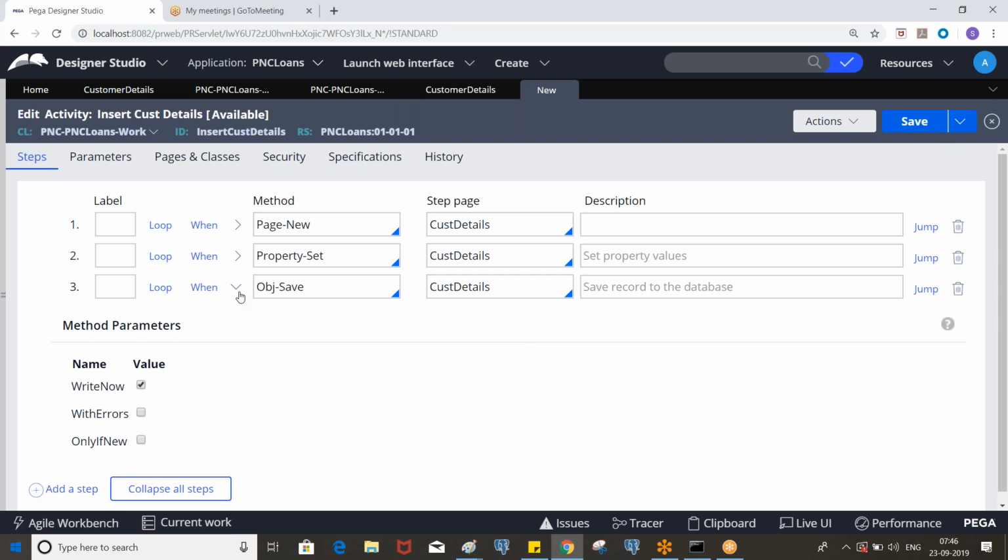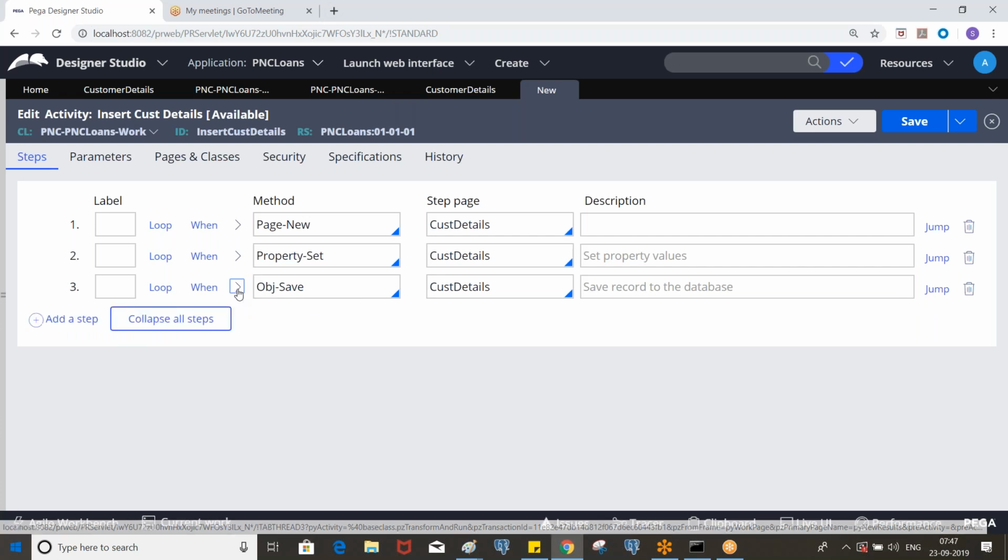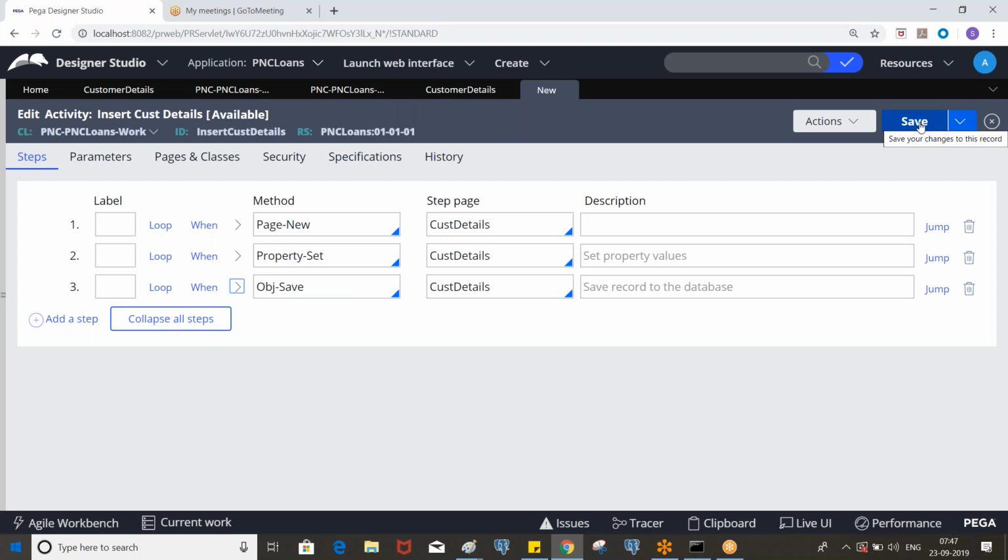Right now option. Yes. So now we have selected it because we are executing this activity alone, individually. If it is part of the flow, we don't need that, because when processing the case, it commits the data automatically. So you don't need to select the right now option. Okay. We will be doing a lot of scenarios by using the obj save, so we'll explain later. Is this clear so far?